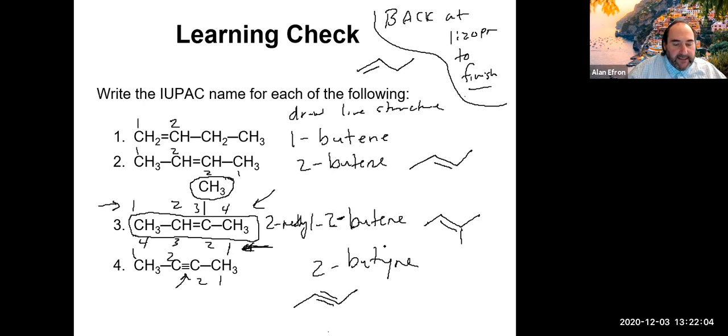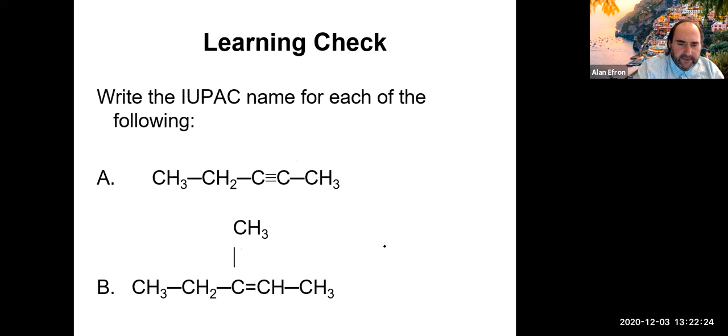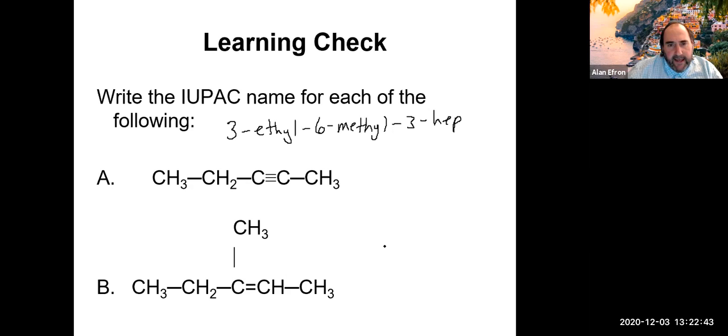Okay, so we were just talking about naming these guys. So why don't we do a couple where we draw structures from the name, just to see how it works when we have double bonds or triple bonds involved. We'll skip these examples, but we'll just use the page here. Why don't you draw 3-ethyl, 6-methyl, 3-heptene,